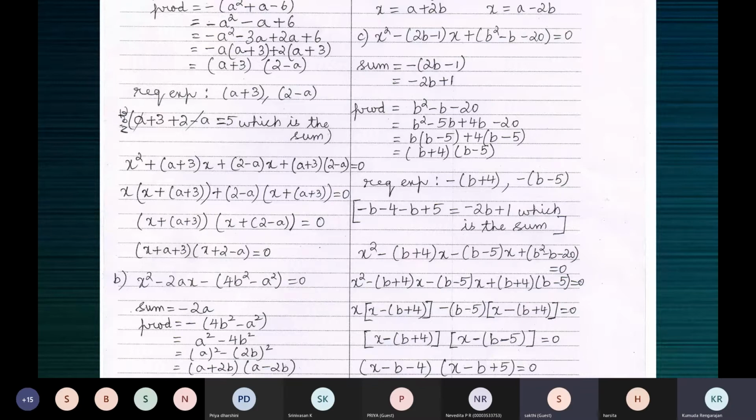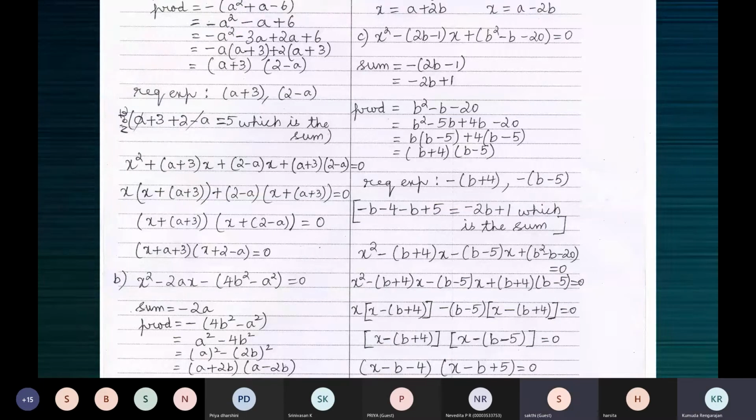Ma'am, we can keep minus 2b, minus 2a. No, so that even I understand clearly: now a plus 2b is in a bracket. This is one expression. A minus 2b is the other expression. Now tell me, if at all we have to fix a negative sign, to which one, or to both? Ma'am, to both. To both, okay. So according to Srinivasan, it should be minus of a plus 2b, one expression, and minus of a minus 2b.